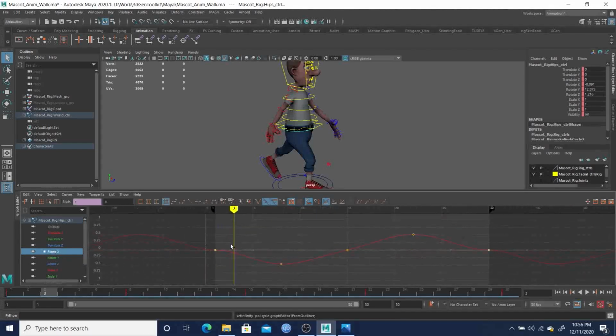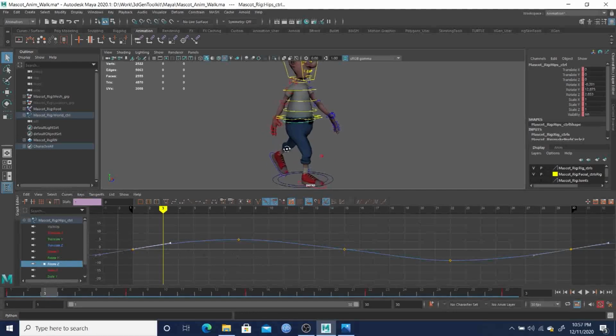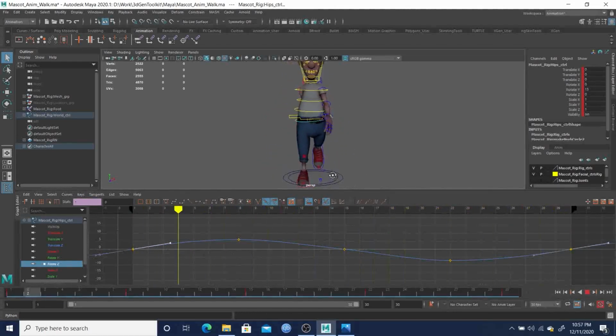And here, just grabbing these ends and making sure that those cycle. And these look like they're cycling fine. This we'll have to fix on the Z. Okay. Alright, so that looks right. Our hips are